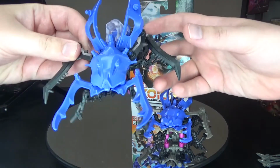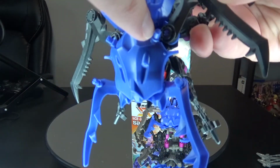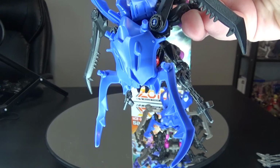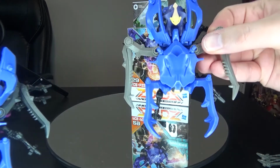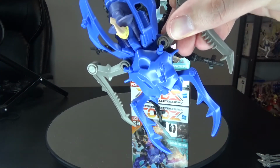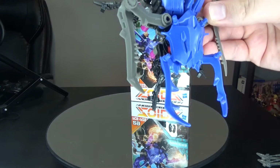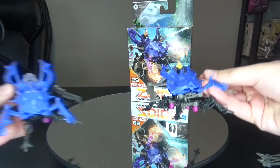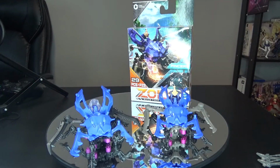If you see where I'm pointing out right there. So you see where the peg attaches for the weapon arm right there? It looks like the peg is pushed all the way through, whereas if you look on the Hasbro version, there's like a big gap there where it doesn't come all the way through. So that's interesting. I wonder if it was slightly remolded or if I just haven't pushed it down all the way. But anyway, yeah, so the only thing I've noticed between the difference in the purple is that the Hasbro